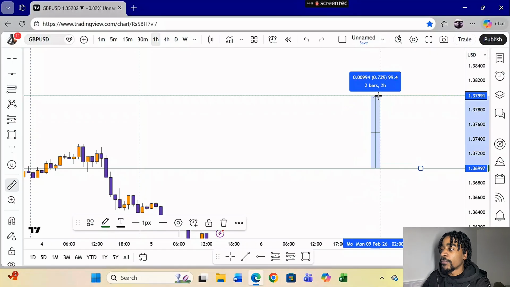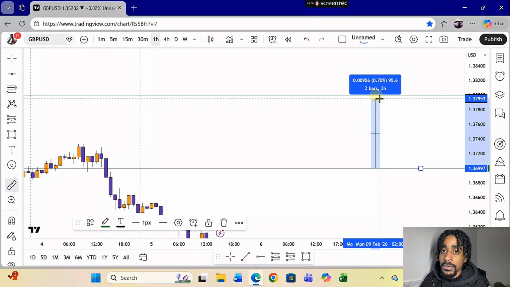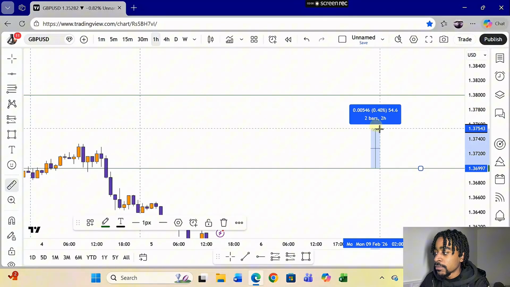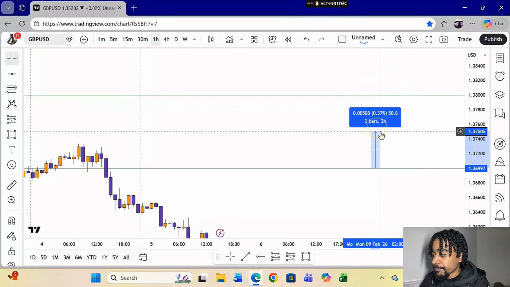It says 99.4. As you guys can see, that number all the way to the right, that is 99.4 pips. So from 37000 to 38000, that's 100 pips. This is important. So that means from 37000 to 37500, that's 50 pips. And then from 37000 to 37250,